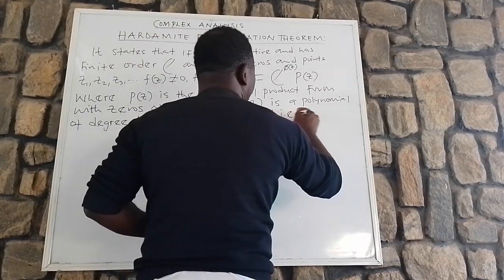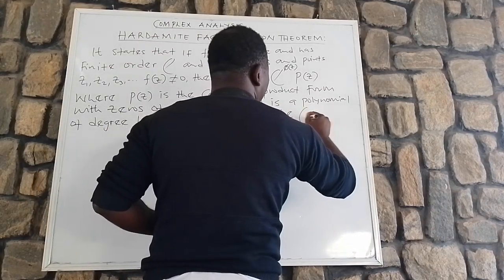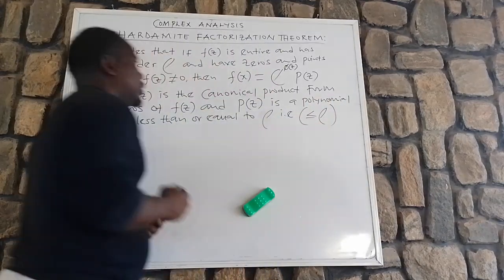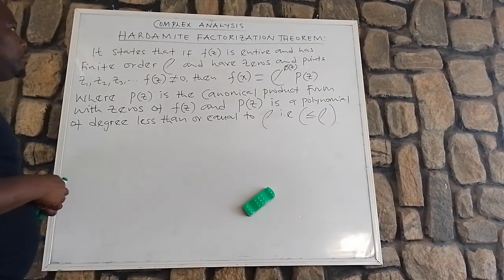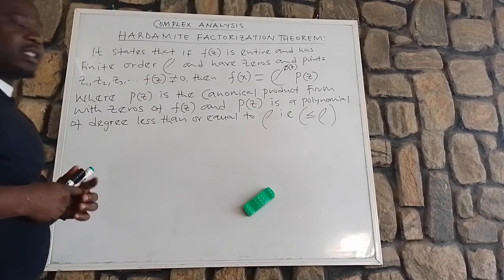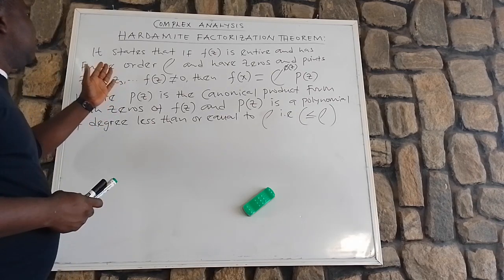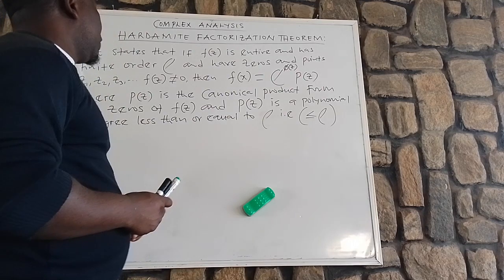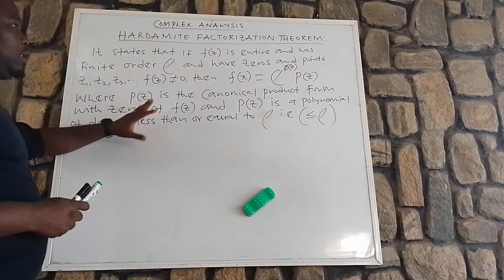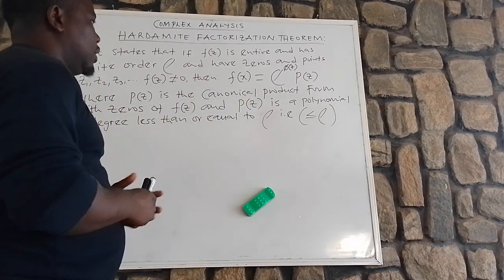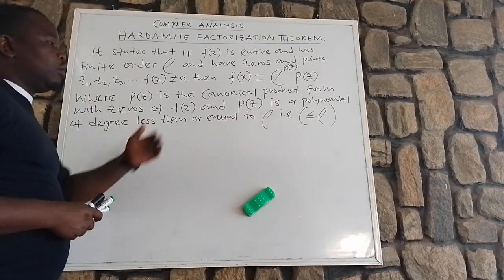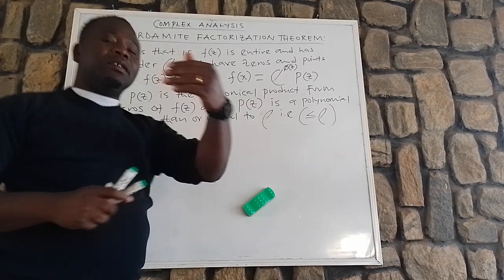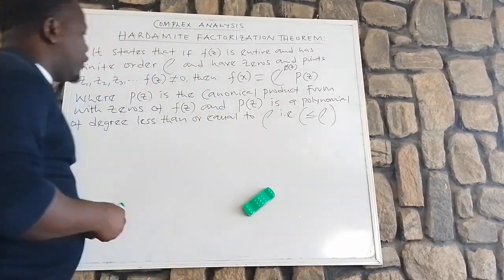So this is the theorem of Hadamard factorization. So in case you are asked to state this, this is what you are going to state. Then if we are to look for the order of a given function, this is the formula